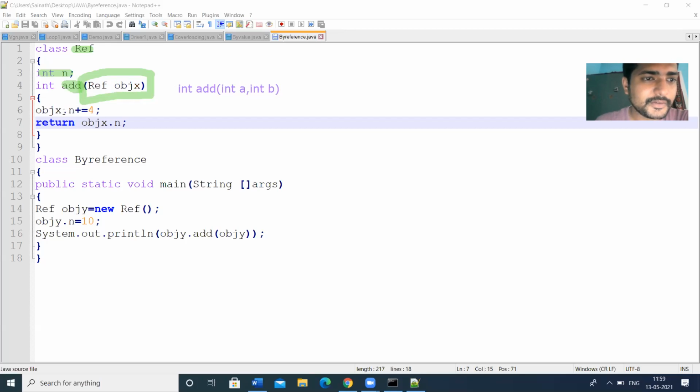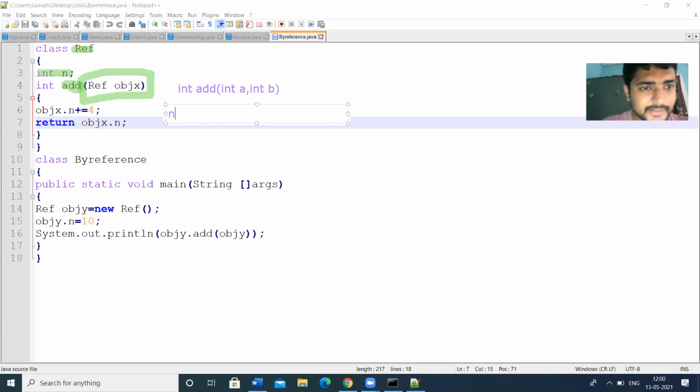In this method, we are performing objx.n is equal to objx.n plus 4. So this is nothing but n is equal to n plus 4.